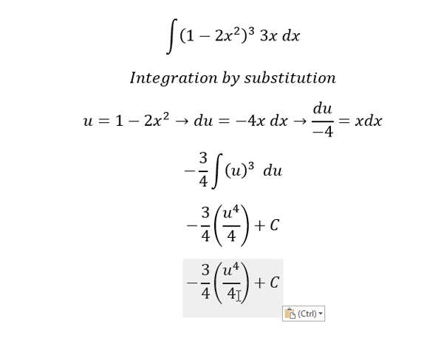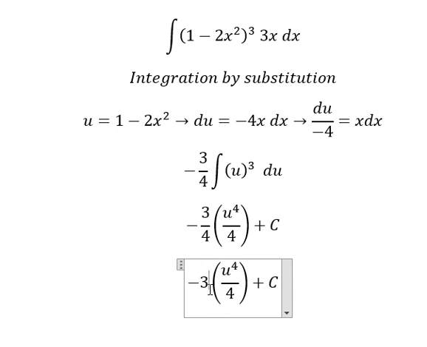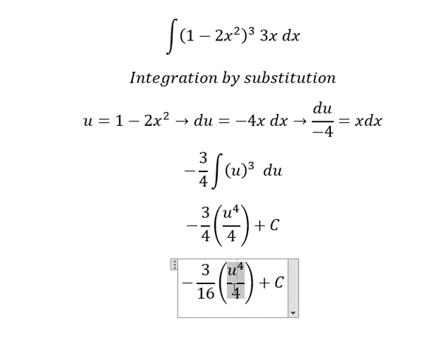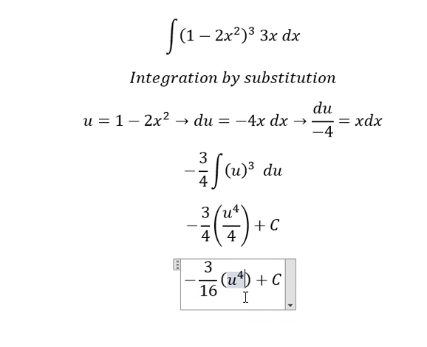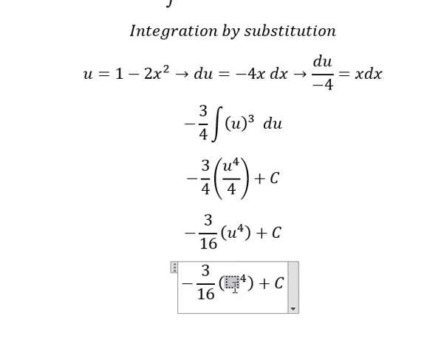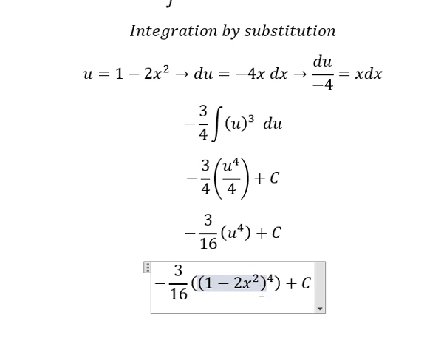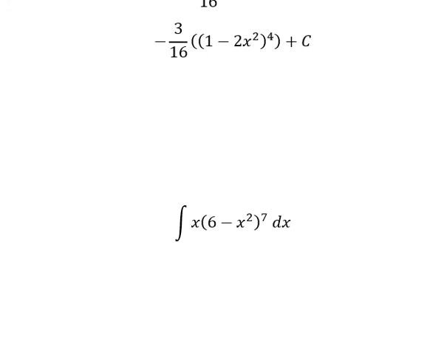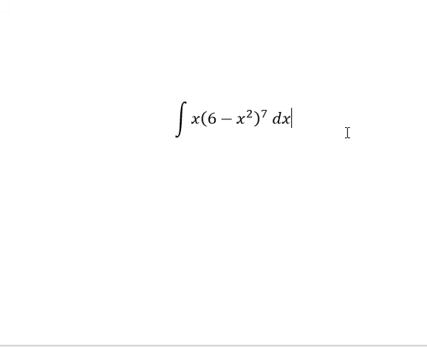Number 4 multiplied by number 4, we have 3 over 16. Then substitute back u, that is this one. And this is the final answer. Now let's go to the last one. We need to use integration